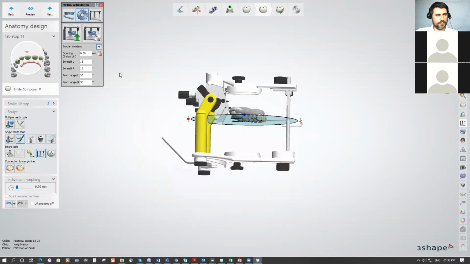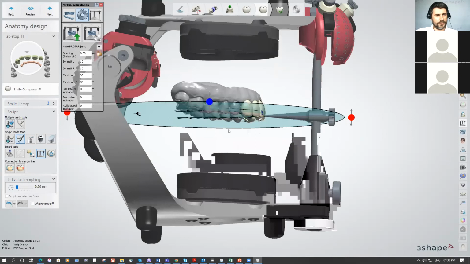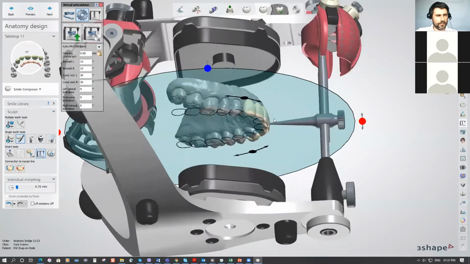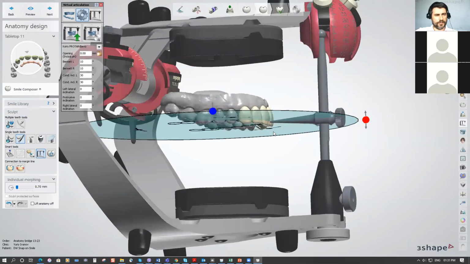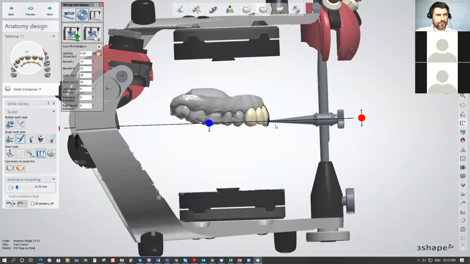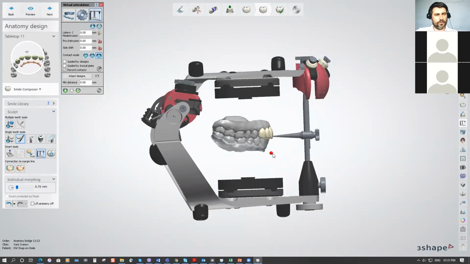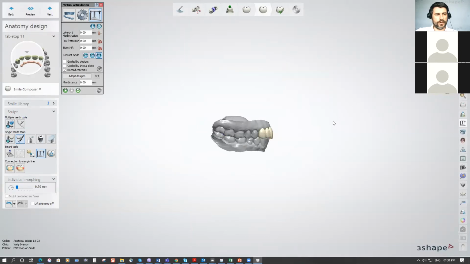Let's switch it back, because I like this incisal pin to be placed according to our occlusal plane, aligned a couple of steps before. And this is the positioner, the pointer of the position of the upper jaw here. And here we have some parameters, the Bennett and Condylar settings, to be preset, coming from the real articulators over the scans and design to be shown. And I wanted to take away the articulator itself